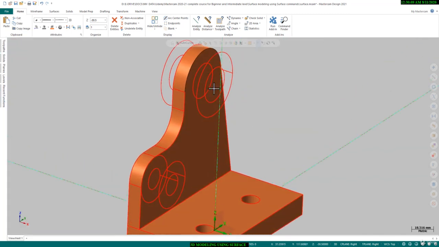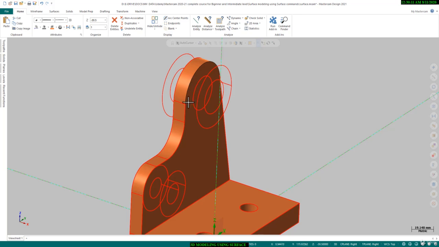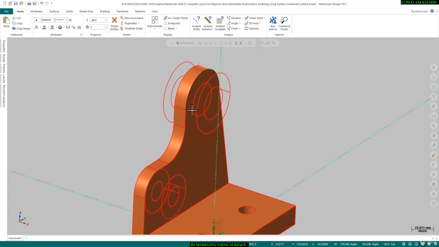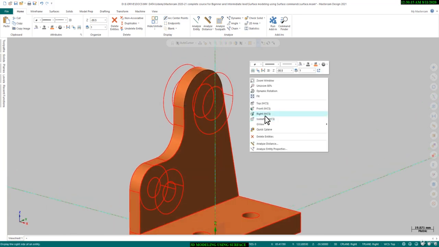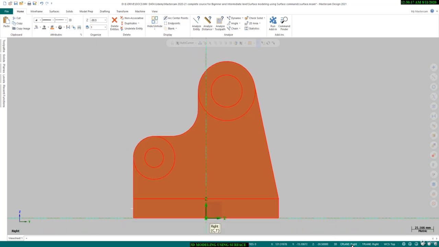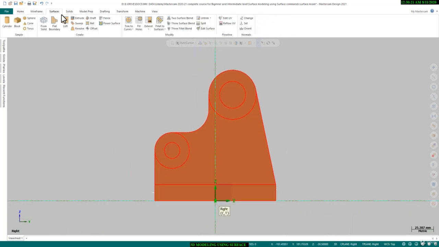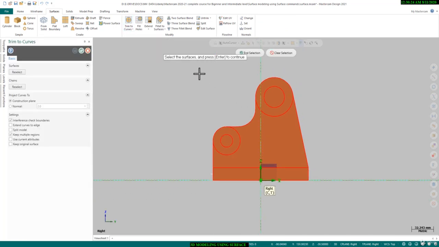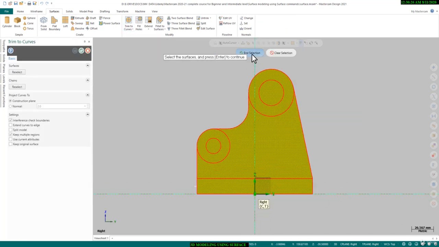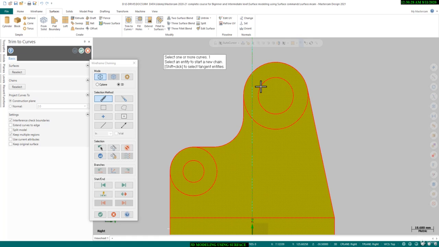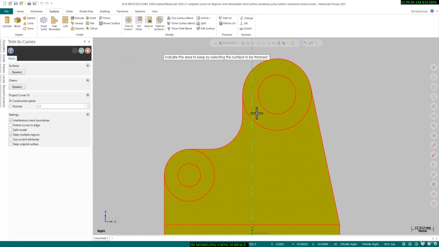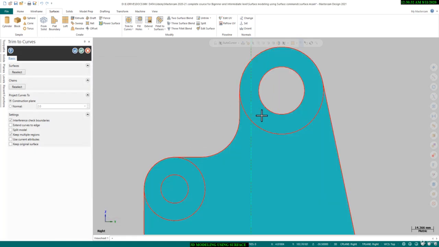so now we will trim this surface by this curve. So go to the right side view. So I think C plane is already active in right view. So select the surface, trim to curves, select all the surfaces, hand selection, and then select the curve. Okay, and select this area and then say okay. So it's done,